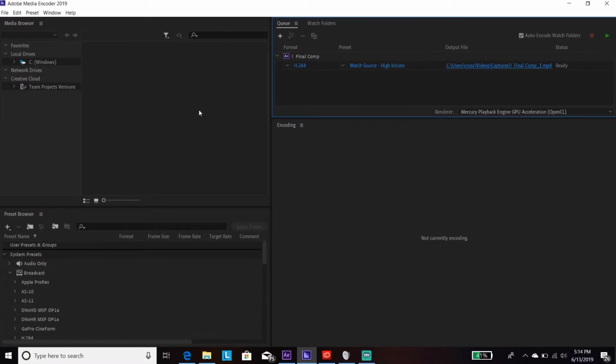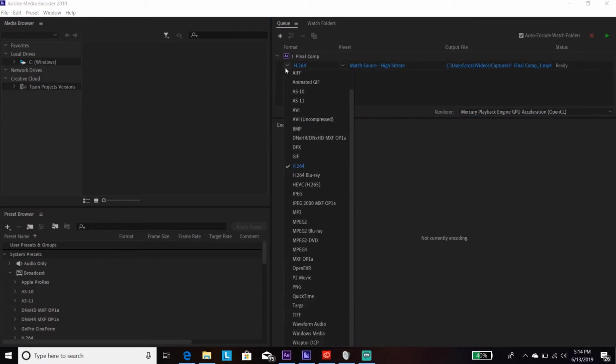Now this might take a minute, so you can pause and wait for it to load up, since this might be your first time loading it up. But once you have it loaded up and you wait a couple seconds or minutes depending on your computer, you'll see your project populate into the list or the queue. So once you have your project here, you click the first arrow right here, and what you want to hit is